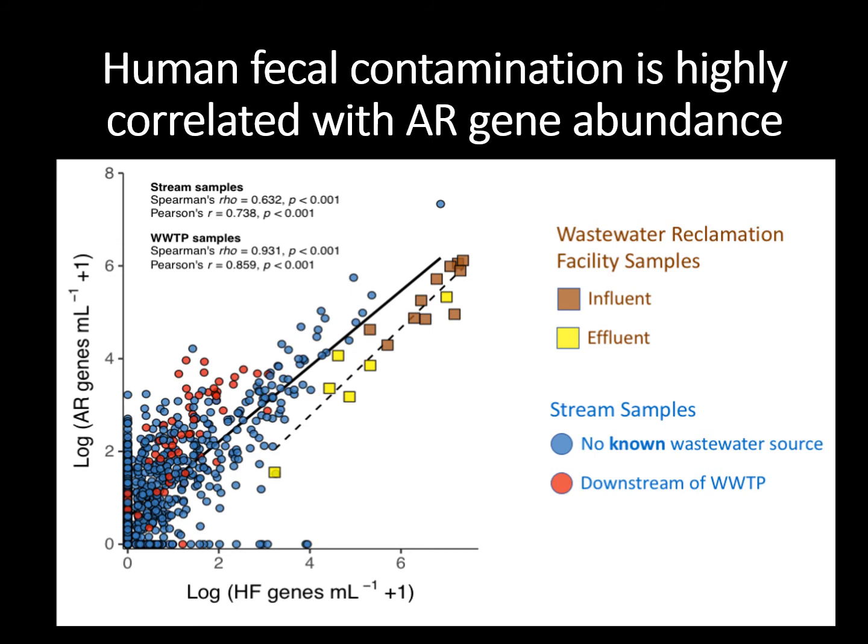The stream samples in this figure are also colored to distinguish associations with wastewater treatment. The samples in red are geographically downstream from wastewater treatment plant outfalls of treated effluent. What is really surprising in this analysis is the number of no known